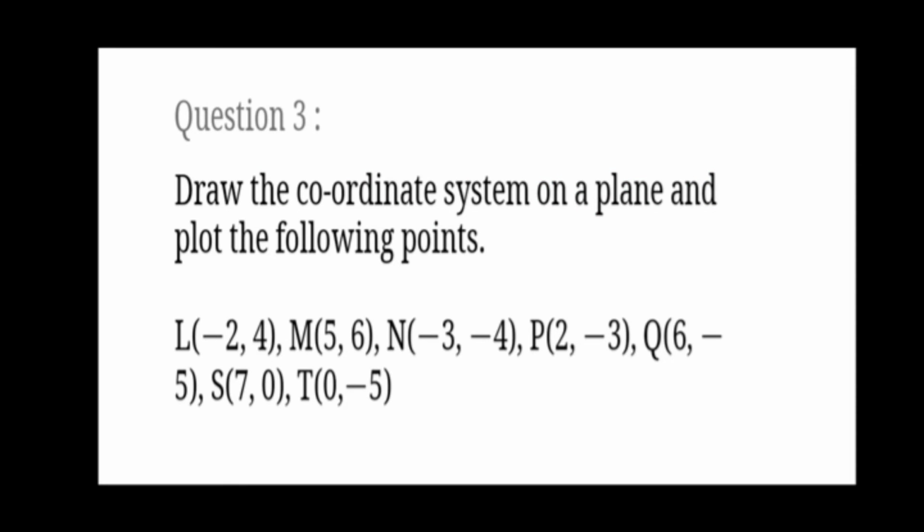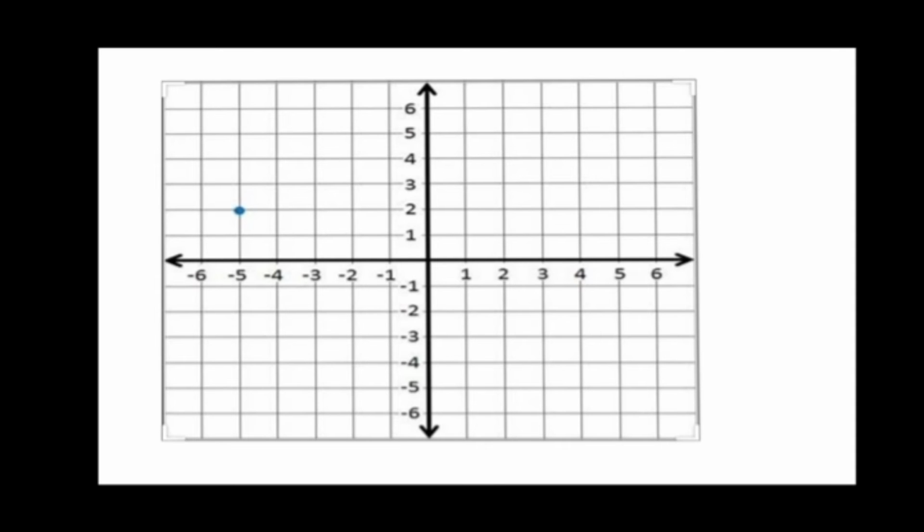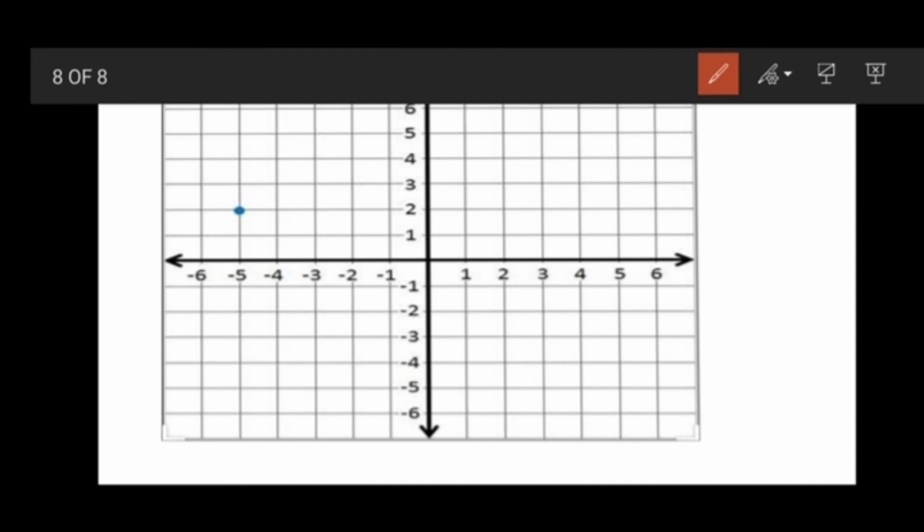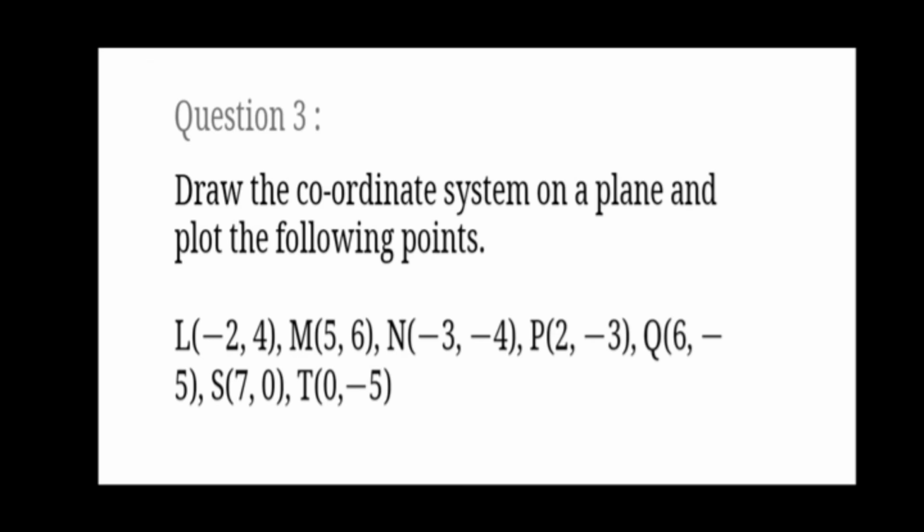Draw the coordinate system on a plane and plot the following points. Okay, means now our plane is one graph page we have to take, see here, and we have to draw both axes, right? So this will be your x axis and this is your y axis, right? And here is the origin of this system, and here some coordinates we have taken, plus 1, 2, 3, 5, 6, everywhere up to 6 units we have taken. See, okay, so let us plot the points.